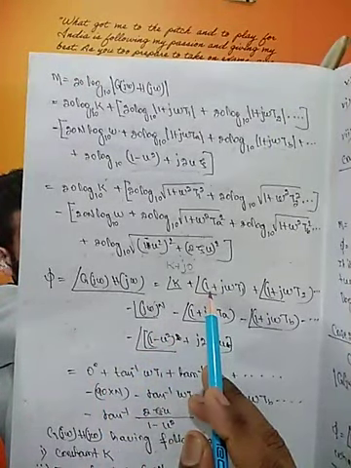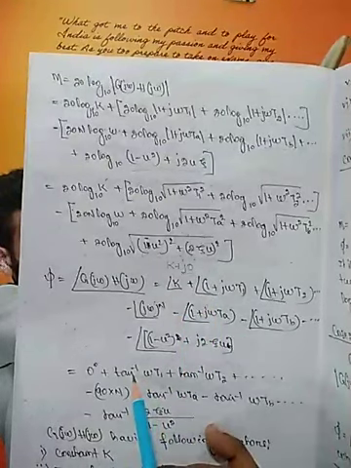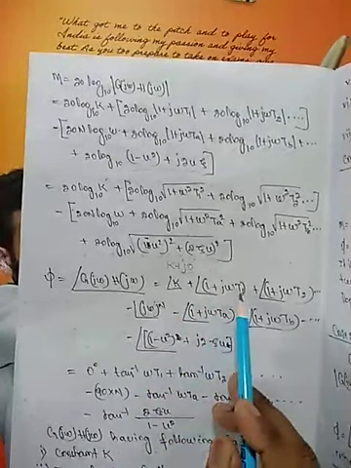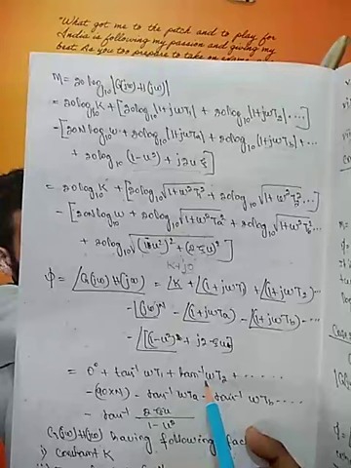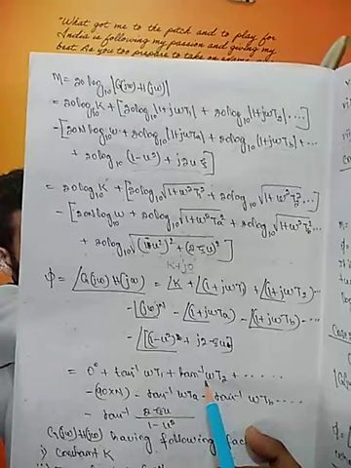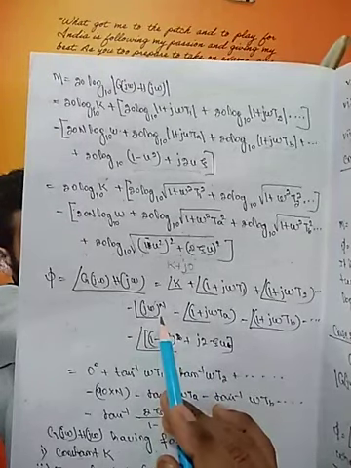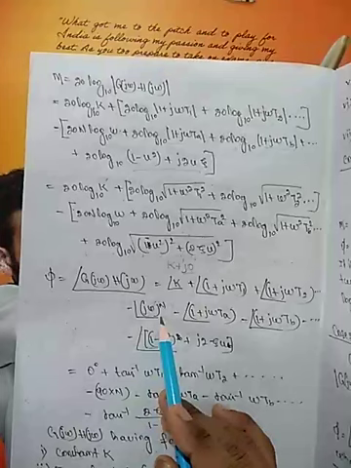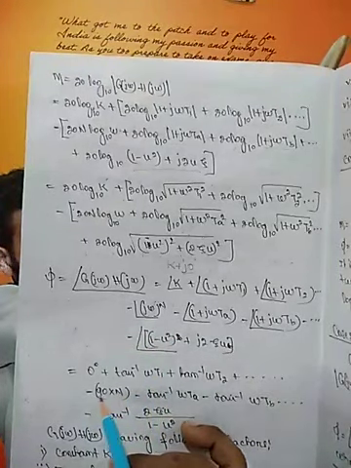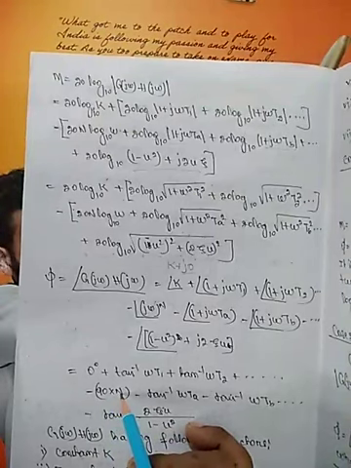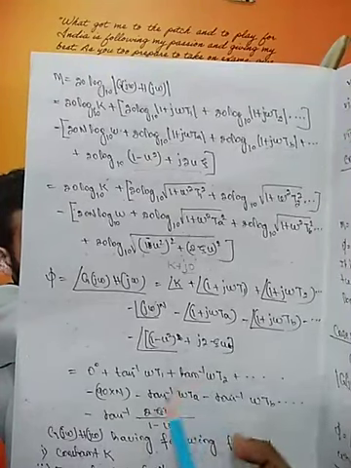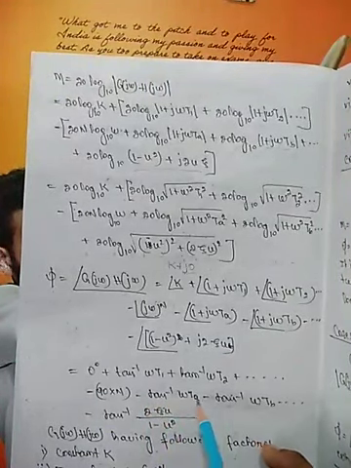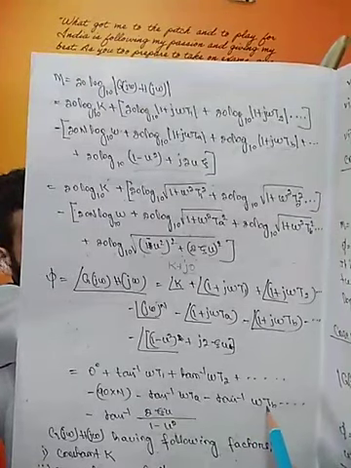For a simple zero, it is tan inverse of omega t1 by 1, which is tan inverse of omega t1. Similarly, for the next open loop zero, it is tan inverse of omega t2. For n number of poles at origin, it is minus 90 into n. For simple poles, it is minus tan inverse of omega ta minus tan inverse of omega tb.